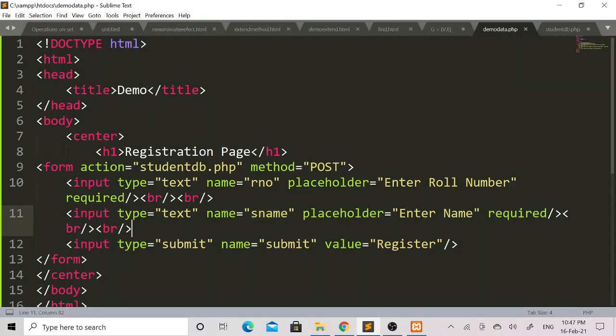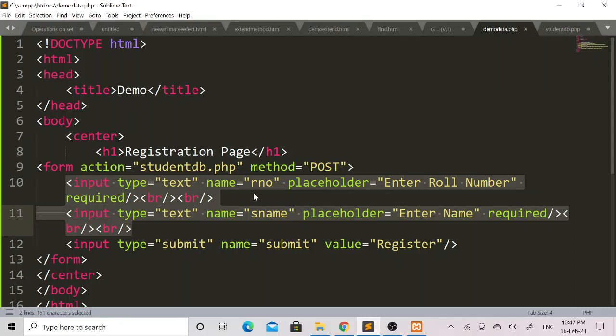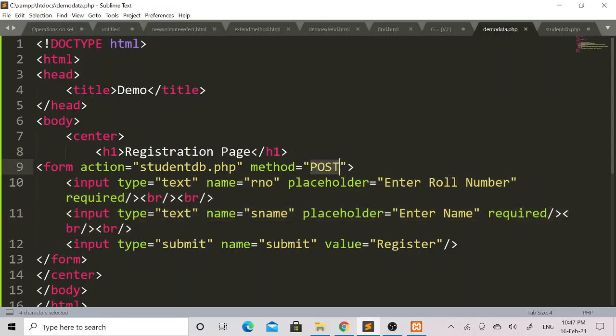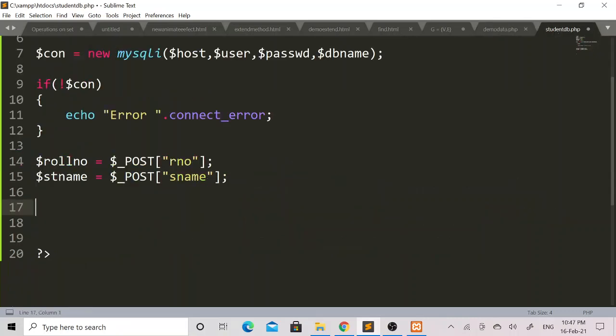So when the user clicks on the register button, all the values entered by the user in the respective input text fields will get transferred using the HTTP POST method to this studentdb.php file, and using the $_POST method I will be able to retrieve those values within this studentdb.php file.